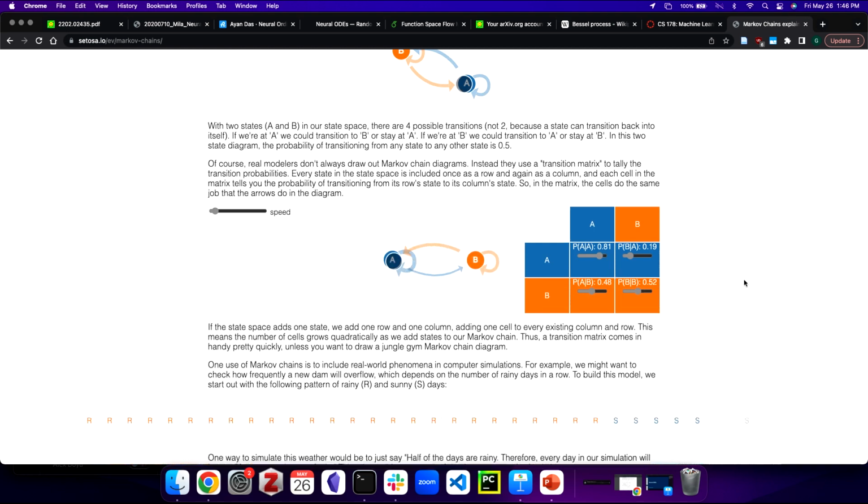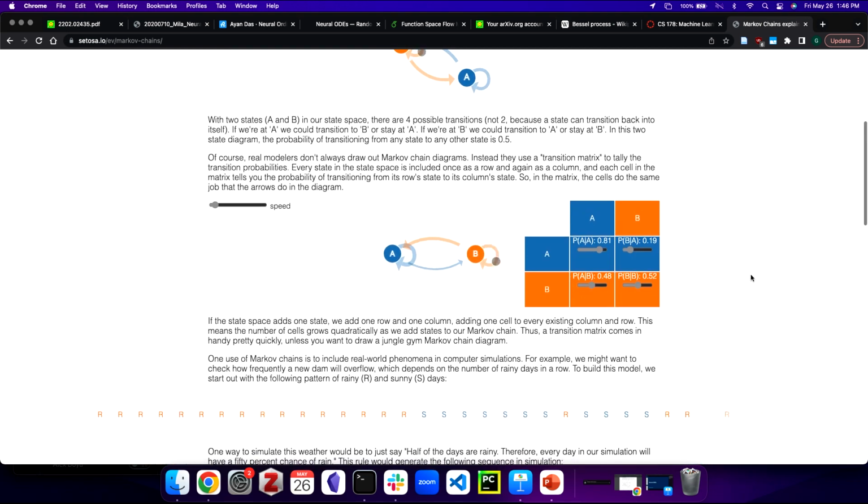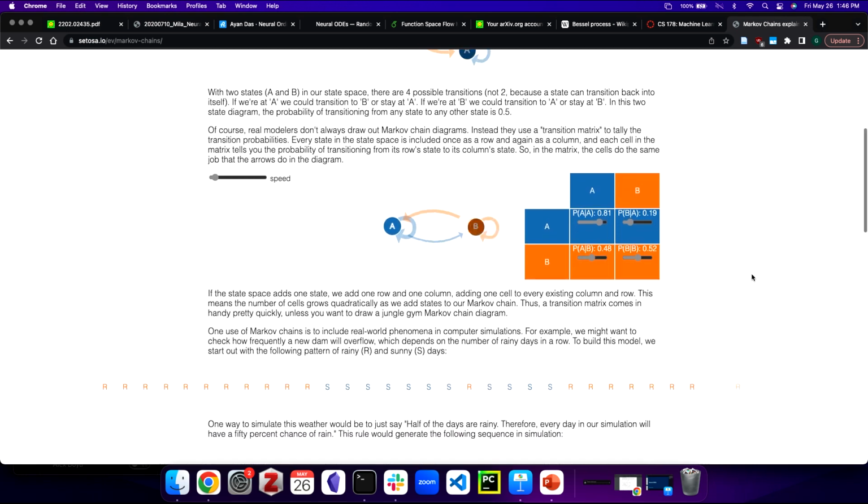Okay, let's look at a real-world-ish example of a two-state Markov chain. Maybe I have some weather data where I'm just interested in whether it was a rainy day or a sunny day. My rainy days are represented by R's and my sunny days are represented by S's. Every day is a new time step. I wake up and see, is it sunny or is it raining? Qualitatively looking at the draws from this Markov chain, we see that the sunny days tend to be grouped together. We might have multiple sunny days in a row, and the rainy days also tend to be grouped together with multiple days in a row.